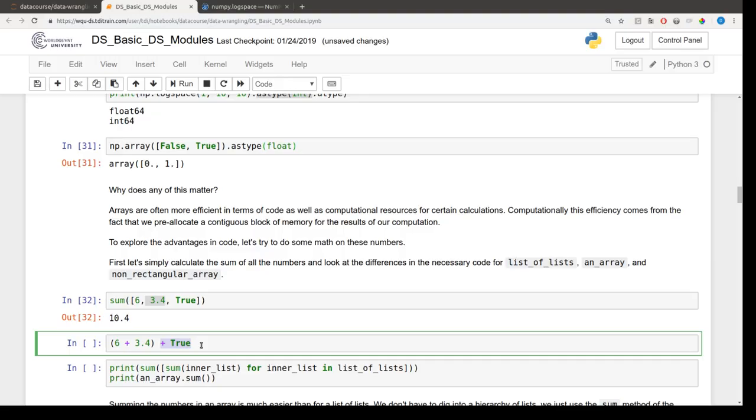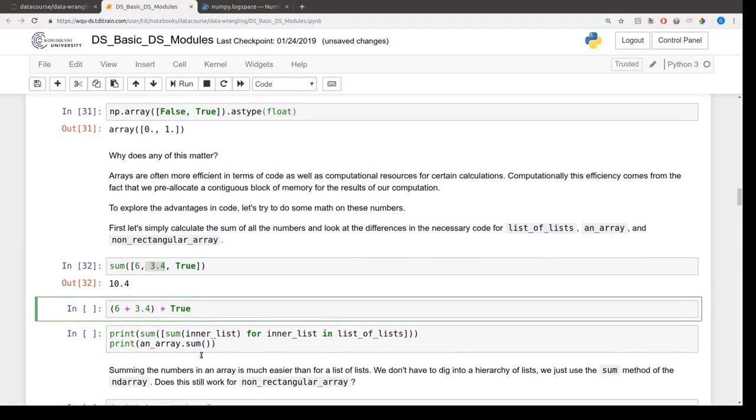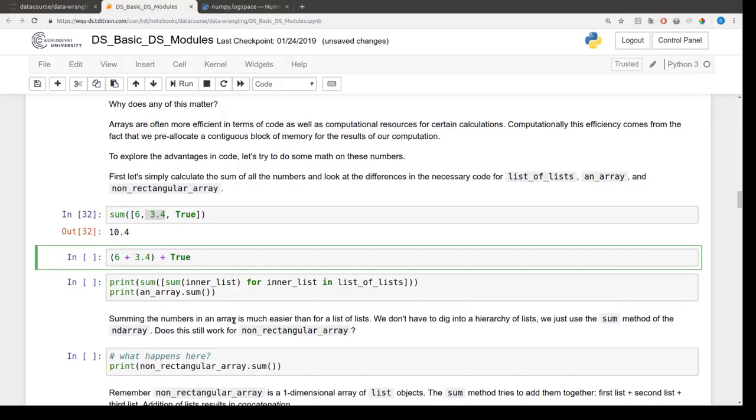With a NumPy array, we know in advance every element defines addition in the same way. And this lets us do addition much more quickly because we don't need to be doing this interpretive step or this lookup with every step of the sum. So let's see in action